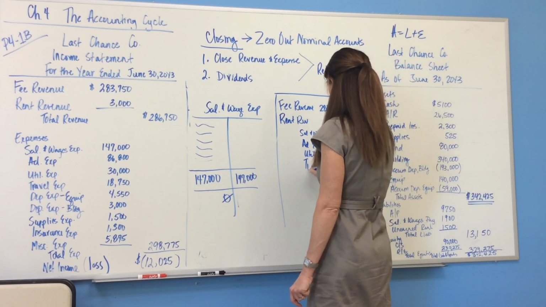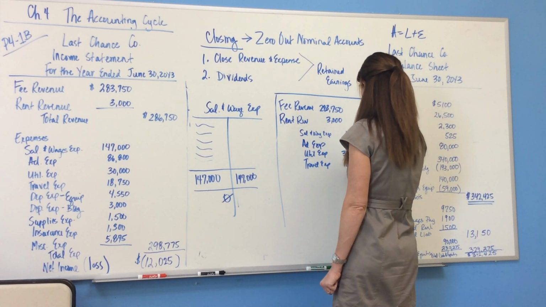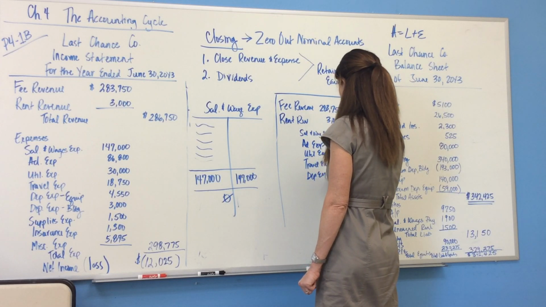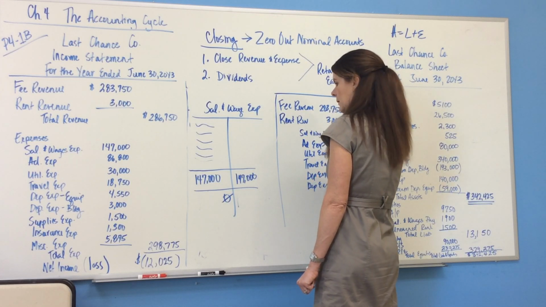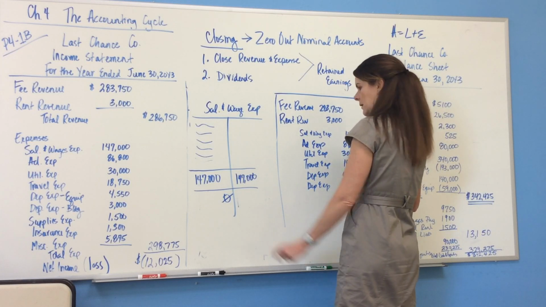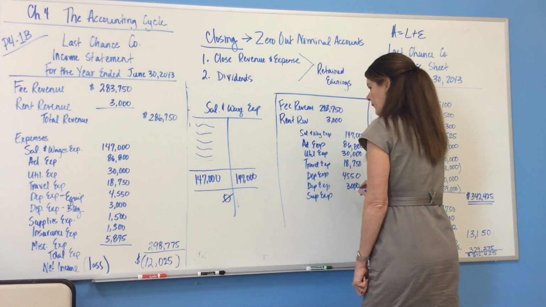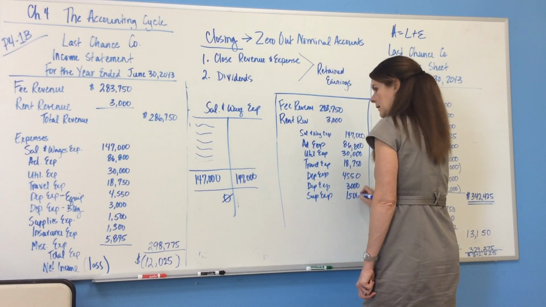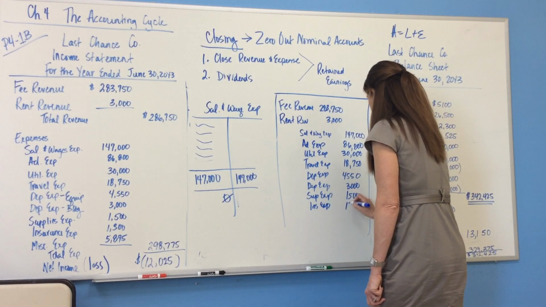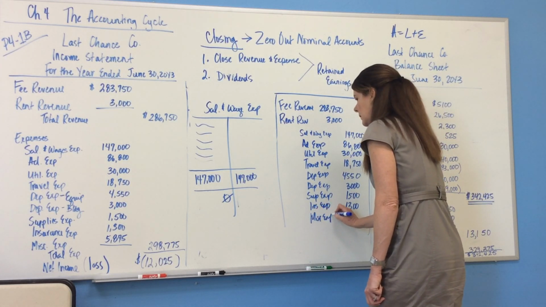I've got travel expense for $18,750. I've got 2 depreciation expenses for $45.50 and $3,000. I've got supplies expense for $1,500. I've got insurance expense for $1,300. And last is miscellaneous expense for